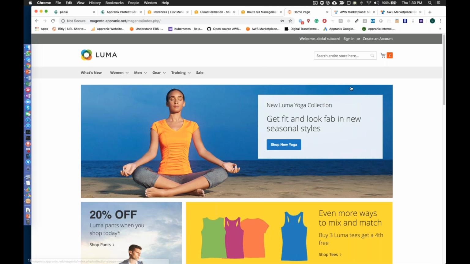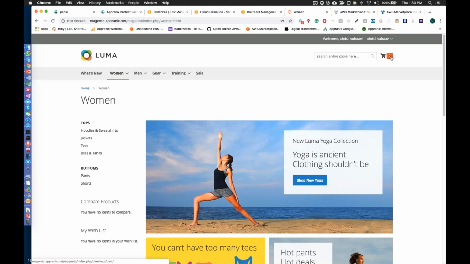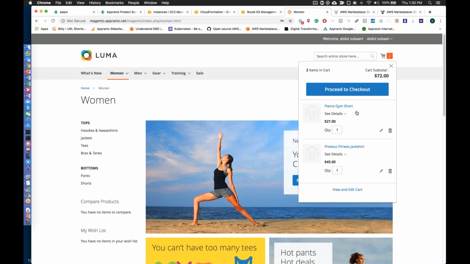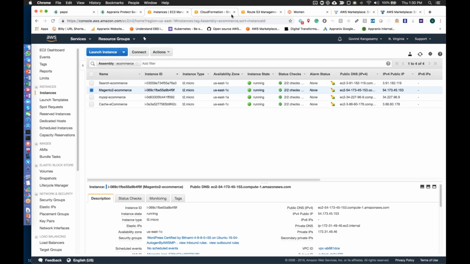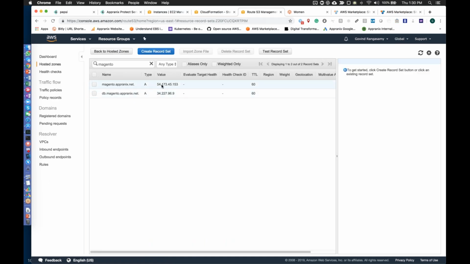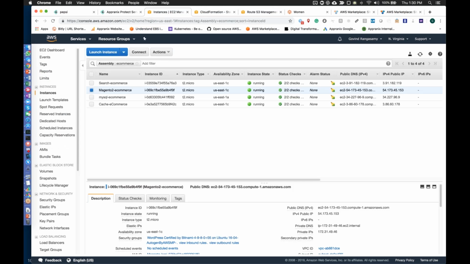So I logged in as one of the users here, and I bought a bunch of items from the site, and there are 2 items in my shopping cart. So here the system is running okay, great in production. As you can see, the instances of those systems. We are running that e-commerce system in Northern Virginia. You can see all of the systems here, and Route 53 is configured pointing to that particular system as well. So you can see 54153. Please remember that, because that's one that we are going to switch to the recovered systems.